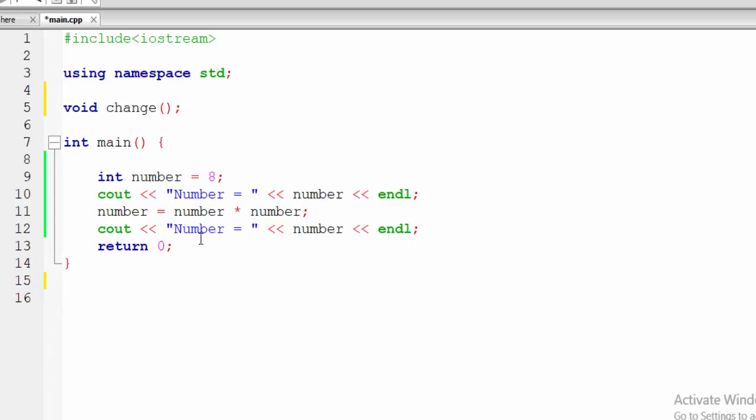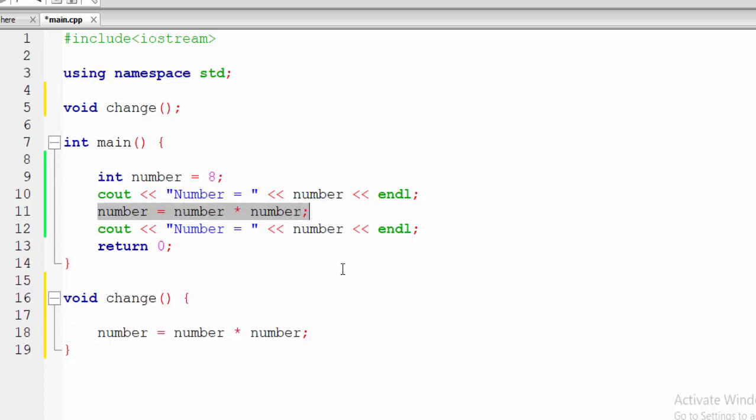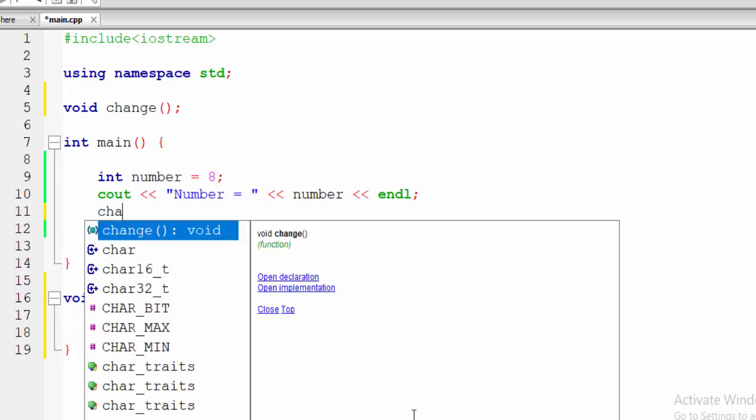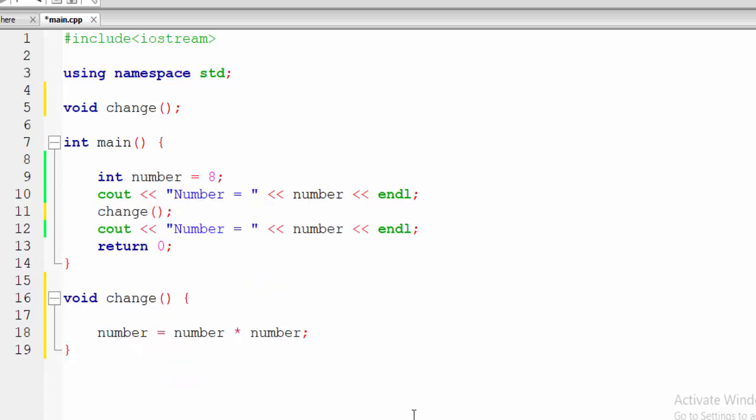We will say void, and here we will name the function. After that we will say number is equal to number multiplied by number. In this function we are making the square of the number, and we want to erase this line and make it with the help of the change function.